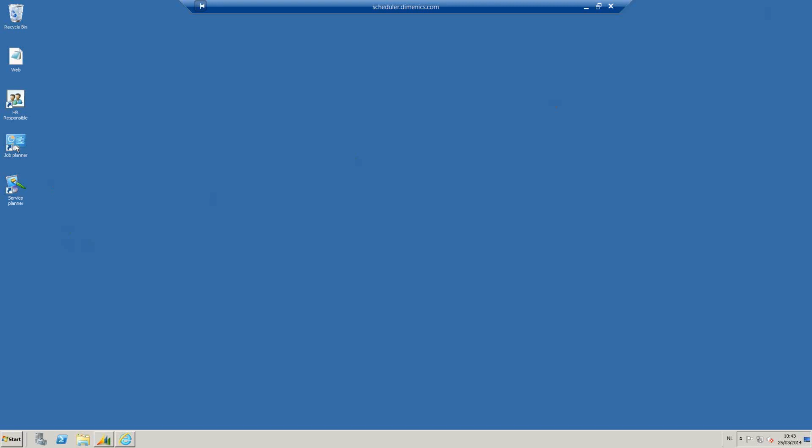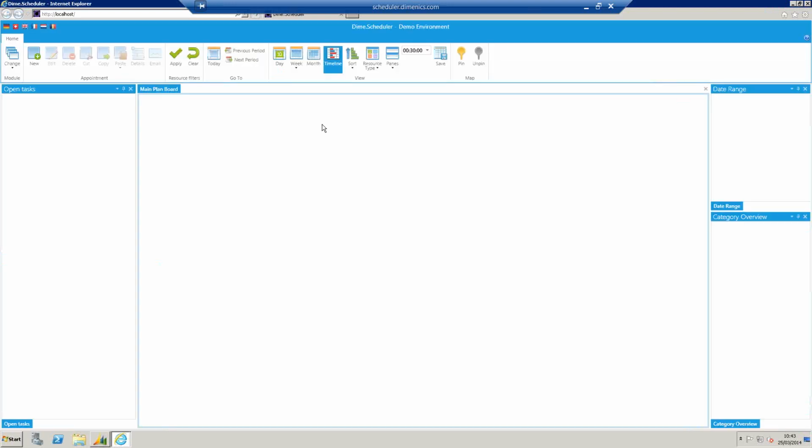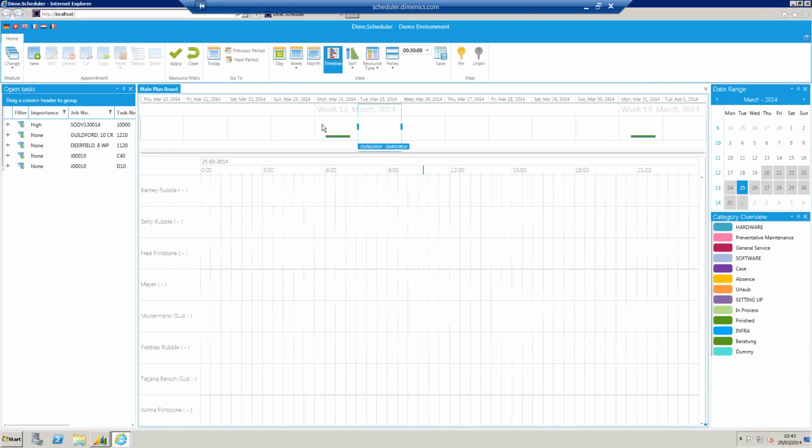I have another shortcut here, which is Job Planner. Previously I opened Service Planner, so now I'm going to open Job Planner. So basically this is the same Dime.Scheduler database, same application, but just with other filter groups and filter values assigned to the user. As you can see now, we have completely other resources here, completely other open tasks, and a